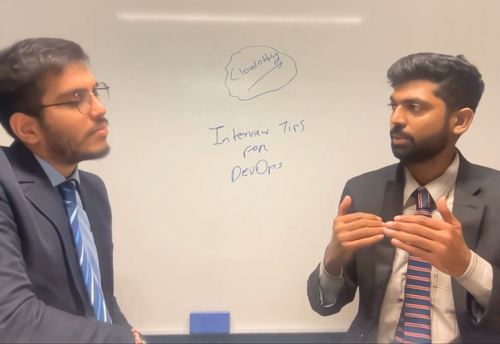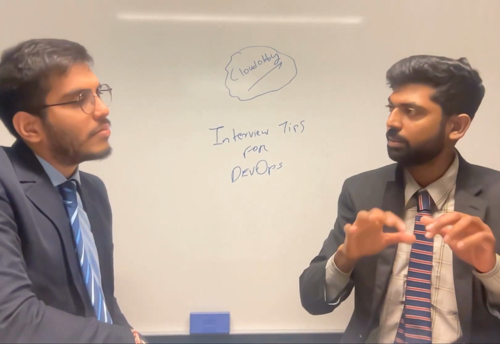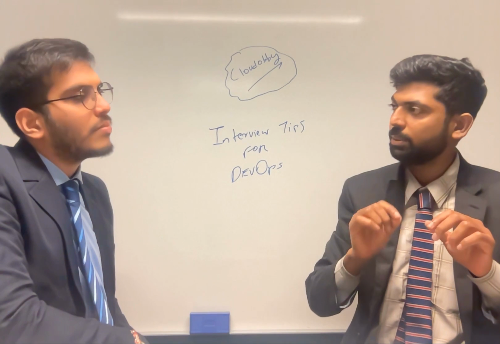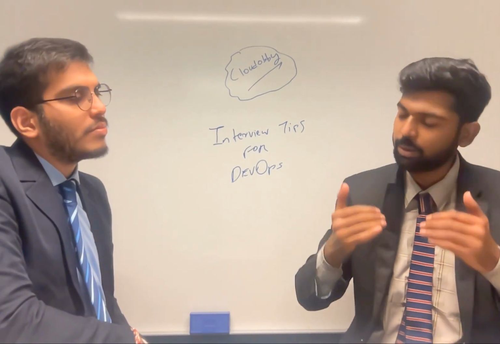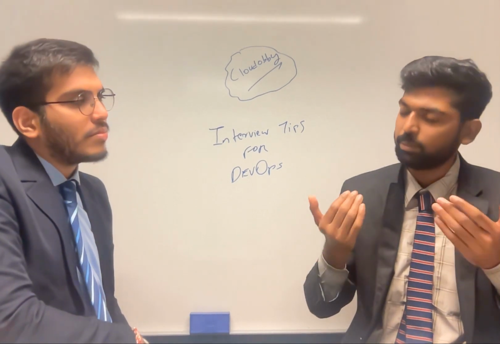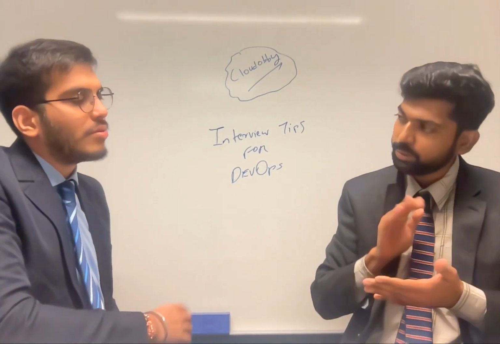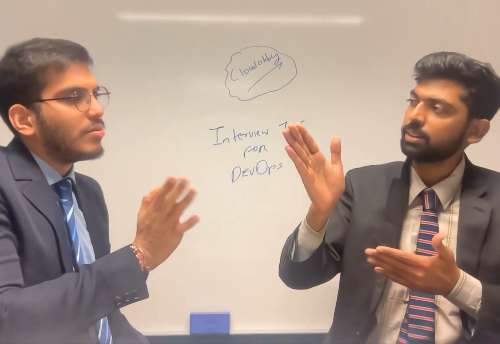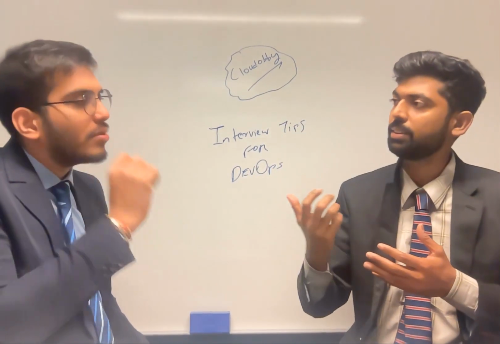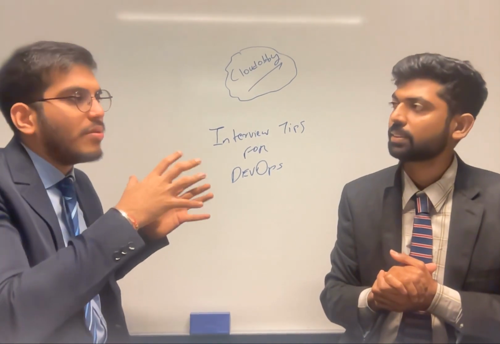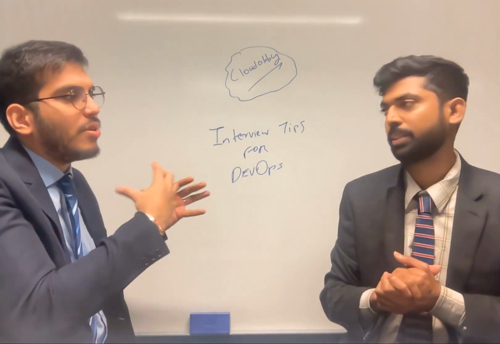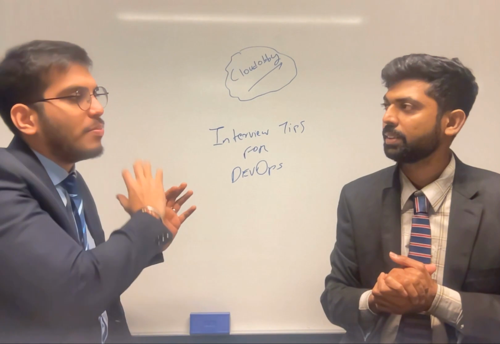Once you clone the repo, you make some changes. After changing, you say git add, to add the changes. Then git commit saves to your local. Then git push sends it to the remote. Now from your local it goes to your remote. The remote is the main source of truth. Everyone works in their local and pushes to the remote, and from the remote it is deployed to production.